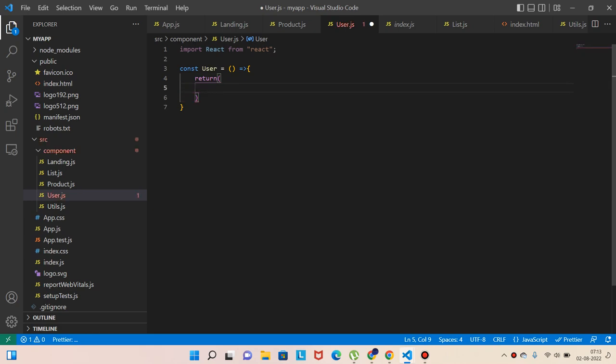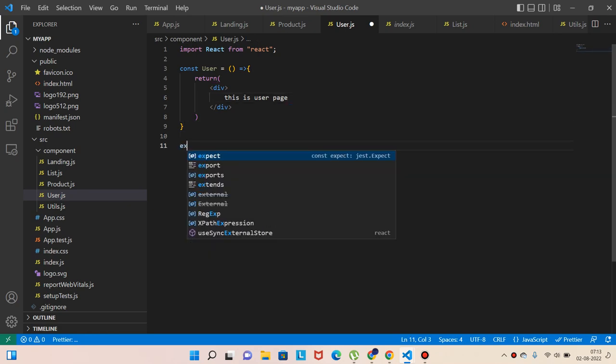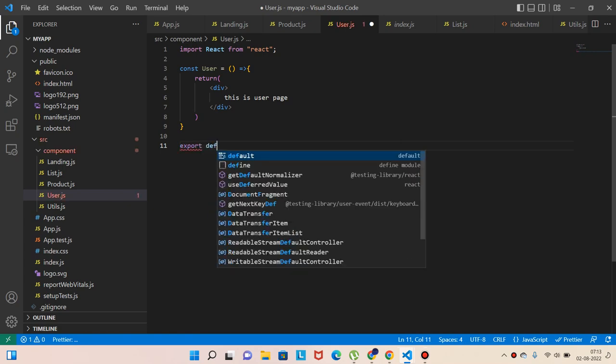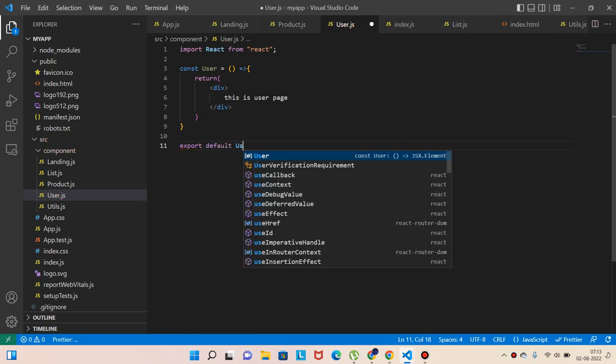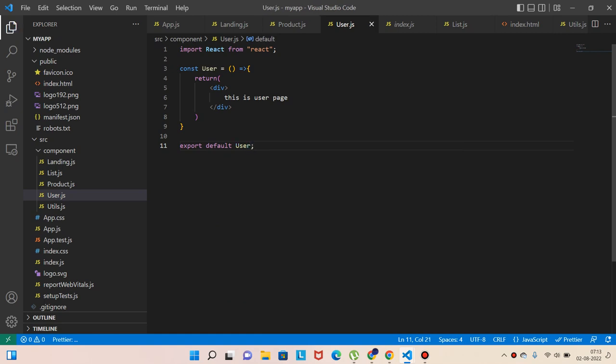So now we have our user page ready. This is user page. Cool. Export default user. Okay,